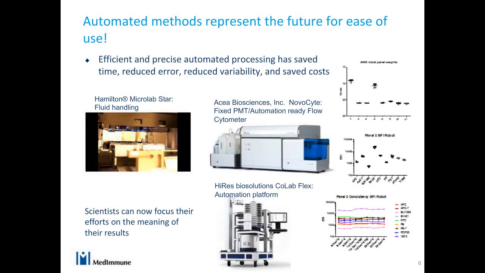We believe that these automated methods represent the future of easy-to-use flow cytometry: efficient and precise automated processing that saves time, reduces error and variability, and saves costs. We've used off-the-shelf technologies such as the Hamilton Star Fluid Handling System and the HighRes Biosolutions automation platforms, and worked with a number of flow cytometry platforms and generated data showing a dramatic reduction in average CV or variability compared